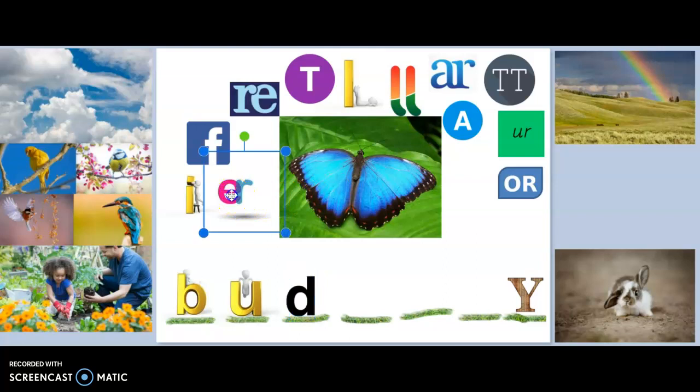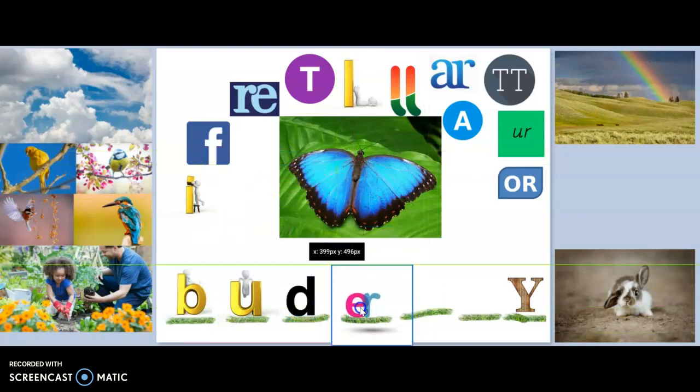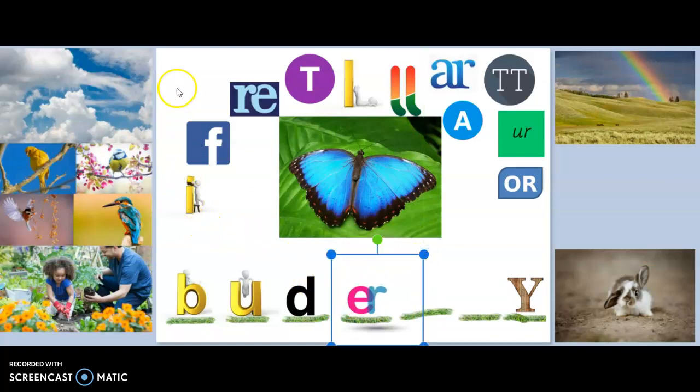Most of the time, ER is the one we want. It's always the good one to start with. IR and UR are kind of less frequently used, and AR and OR are only sometimes used, but ER, that's the first one to go with. Might not be right, but it's a good one to start with. And then